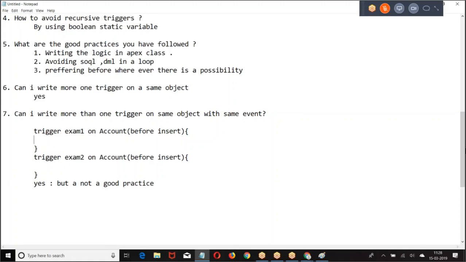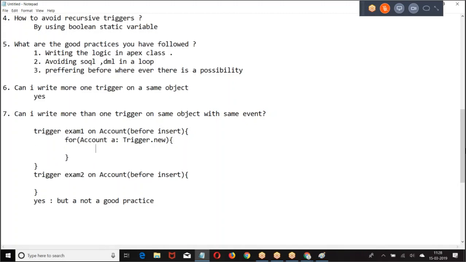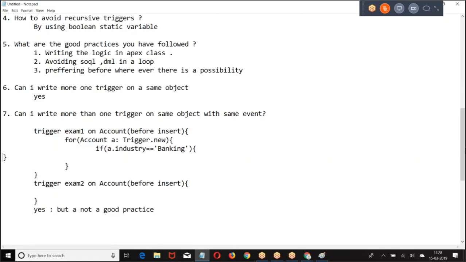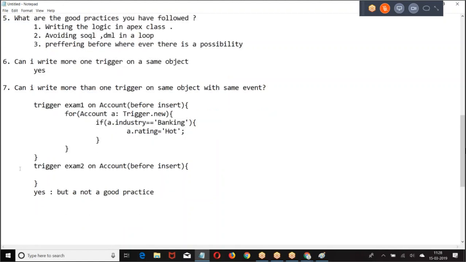Suppose I have it like this. This is the logic.